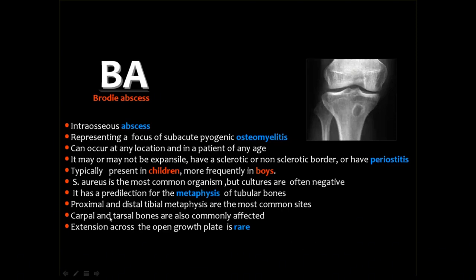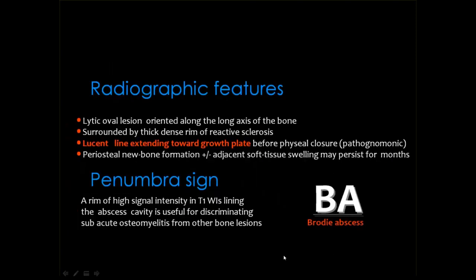The carpal and the tarsal bones may be affected, but extension across the growth plate is rare. This abscess may extend across the growth plate, but if the plate is open, according to the literature, the extension is not common. Then the abscess appears in an osteolytic lesion, and it is surrounded by a thick rim